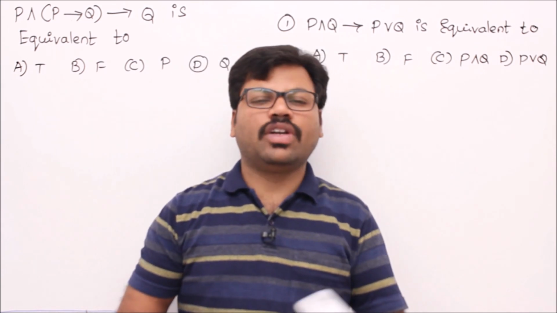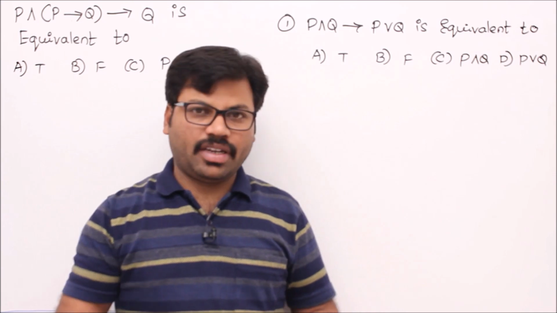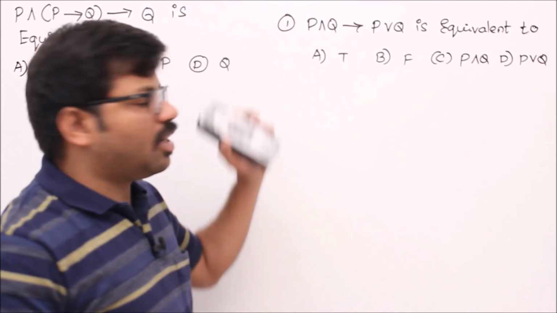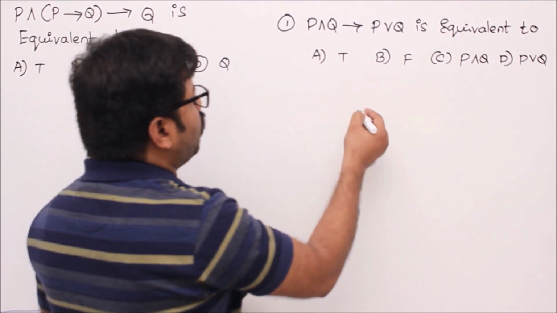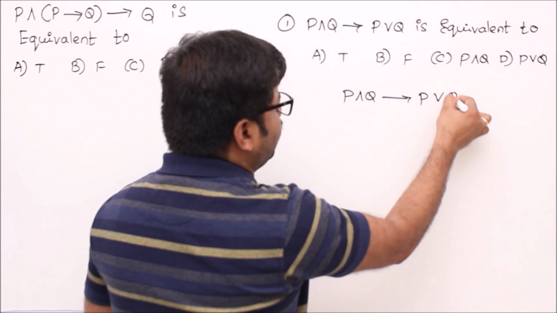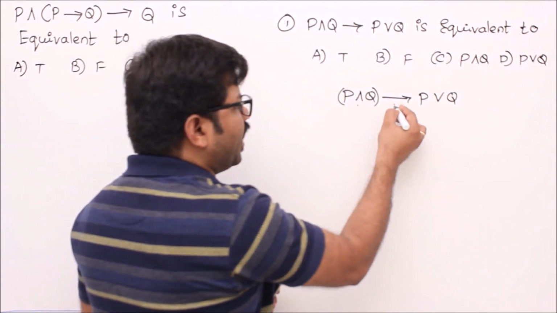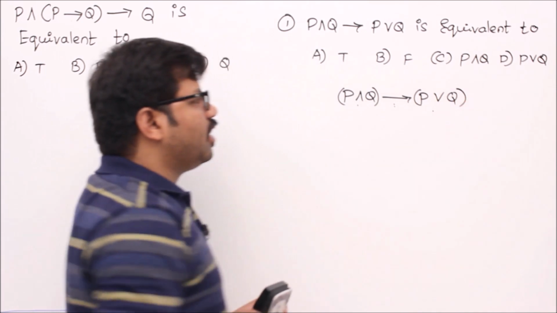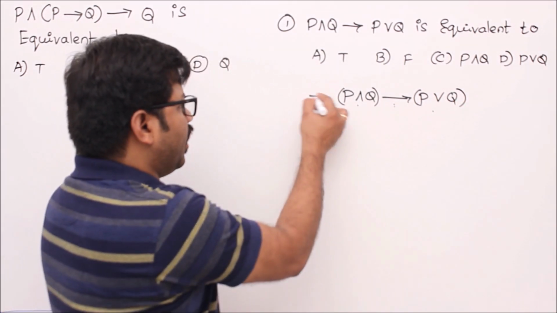The second idea, the usual technique, is applying all the equivalence rules appropriately. Okay, so let's use that method. I use equivalences and try to solve it this time. So P and Q implies P or Q, right? According to priorities, AND versus implication, AND has priority. Implication versus OR, implication has priority. Then your formula will be converted like this. This is equivalent to,